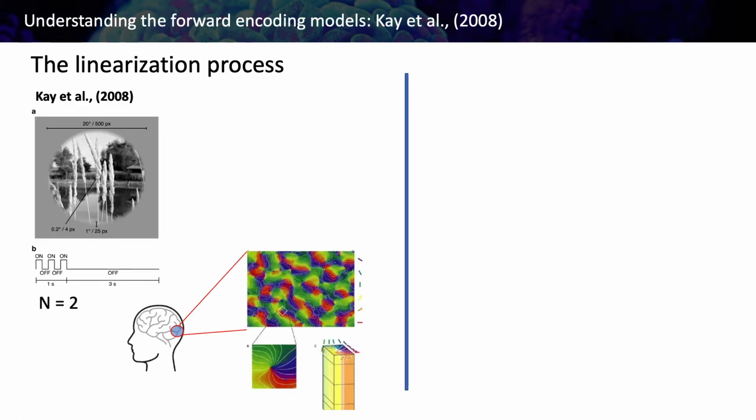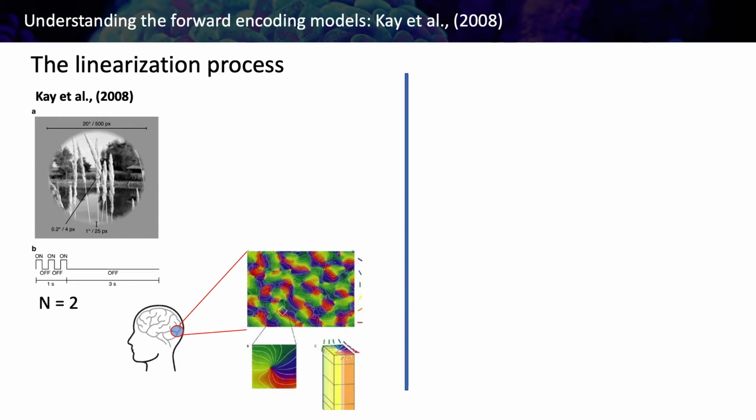The first problem that you have to account for when you want to linearize the space is to choose how you are going to linearize it. This is important as you cannot do it trivially, and this is one of the important potentials of forward encoding models: you can model brain activity using neurophysiologically inspired models of how the brain should work. We know that in visual cortex we have neurons that have different receptive field sizes, and they are tuned to different positions of the visual field, different orientations and different spatial frequencies.